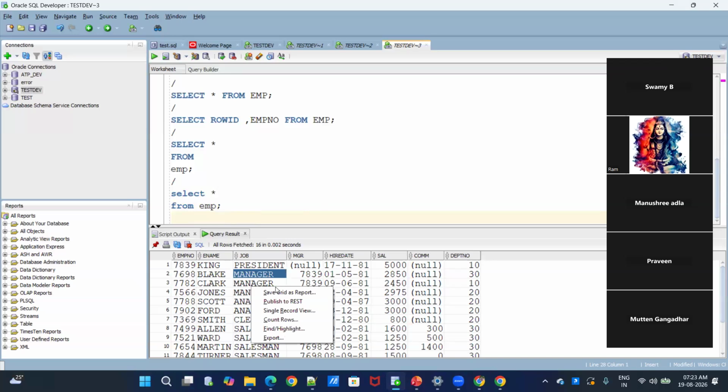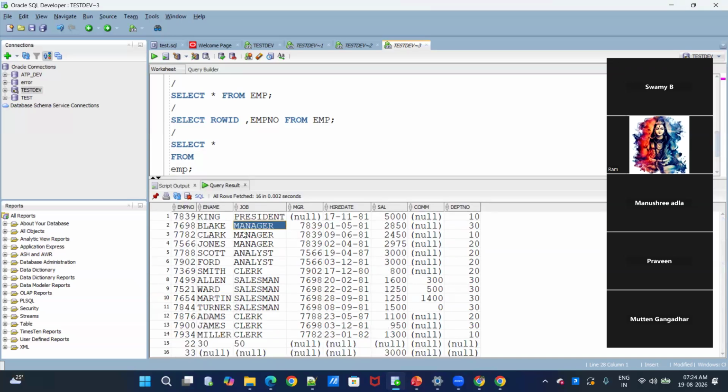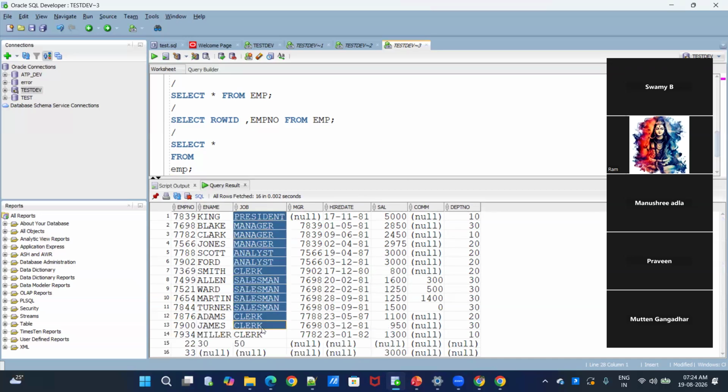There are 16 records. If you see, multiple jobs are repeating, right? So I want to see how many distinct jobs are there in the employee table. To see that, I will use the distinct keyword,